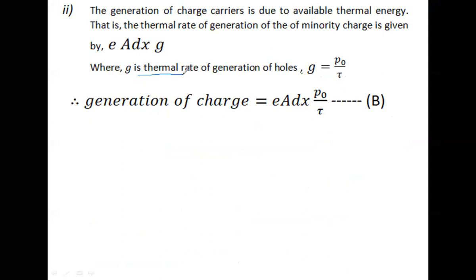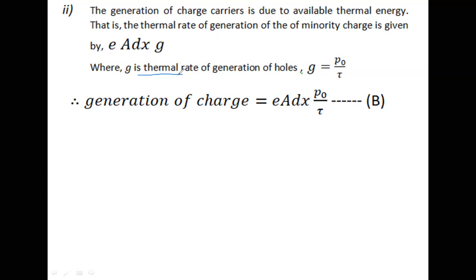I am considering that the available thermal energy is greater than or equal to the energy band gap of the semiconductor that I have considered. Then what happens is there will be excitation due to the thermal energy available. Because of the available thermal energy, then what happens is there will be a thermal rate of generation of holes